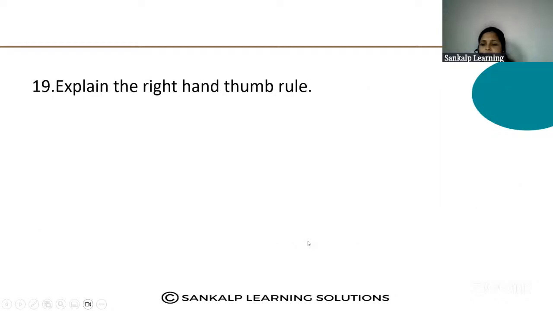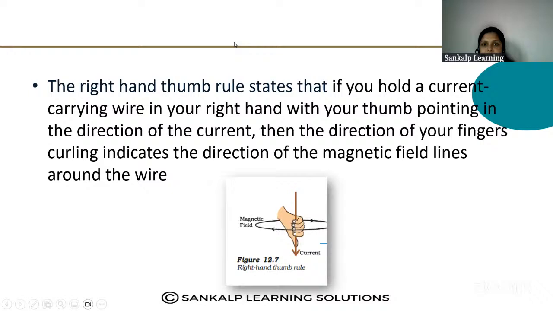Next question. Explain the right hand thumb rule. Here you have to explain what the right hand thumb rule is, with a diagram. The right hand thumb rule states that if you hold a current carrying wire in a right hand,